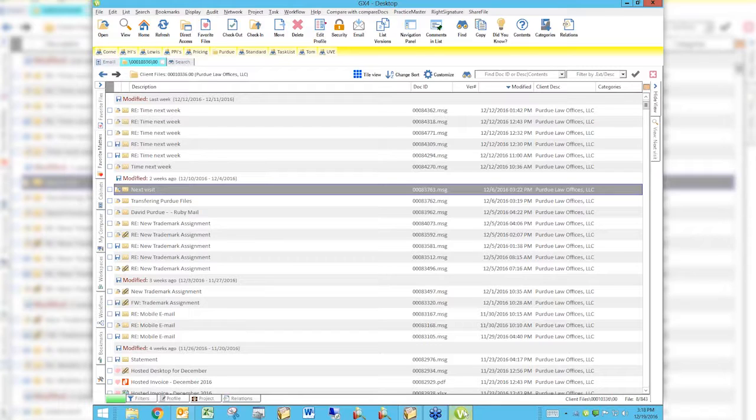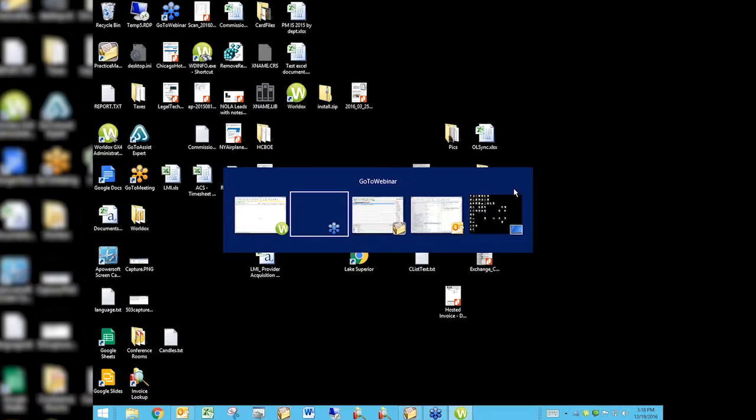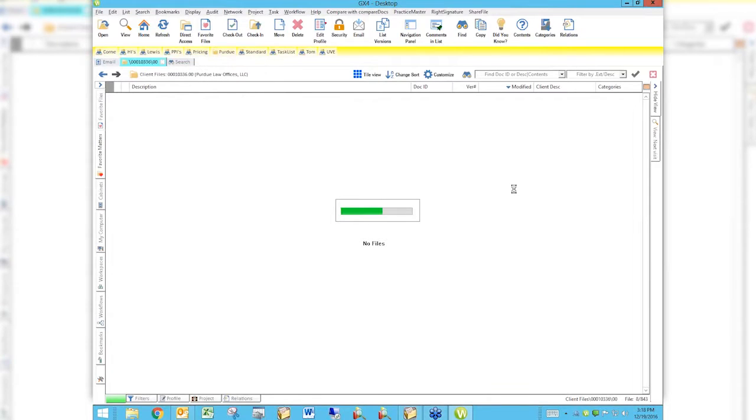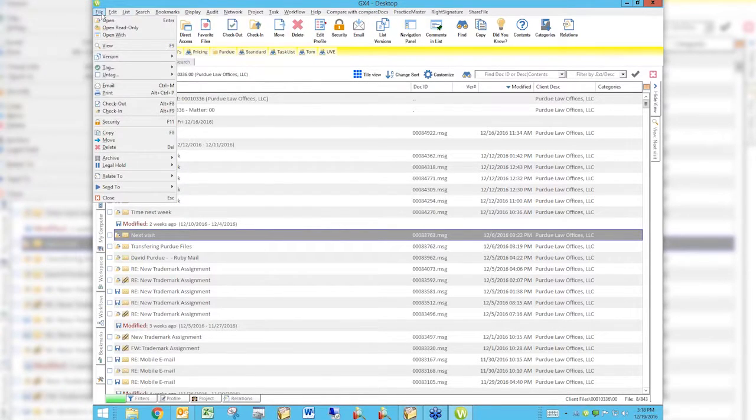So what I've already shown you is perfectly appropriate if you want to take something to look at it later, but you're not really going to work on it. If you're going to work on it, you should instead check it out. And you've got an icon on your bar here, your button bar, and if you don't, you can add it by right-clicking and appending a button, or you can get to it by File and then Check Out right there, or